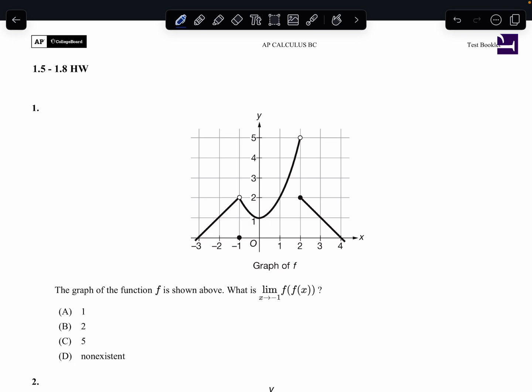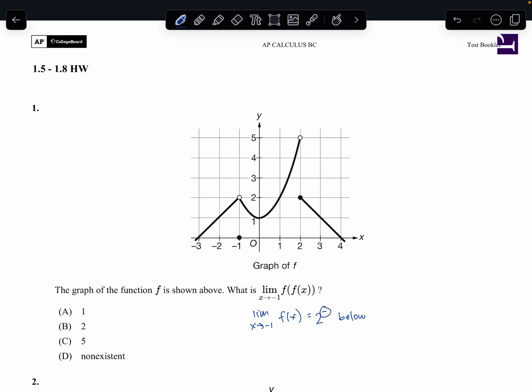So first of all, we're going to evaluate the limit of the inside function, as x approaches -1. And like we've talked about in class, whenever it's a composition, you're going to have to take note of whether it's coming from above or below. This is what I mean by that. So here's -1, and as x approaches -1, you can see that f of x is going to be 2 from both sides, so it's going to be equal to 2 for sure. But also note that it's coming from 2 from below the graph. So I'm going to make a note of that, from below,